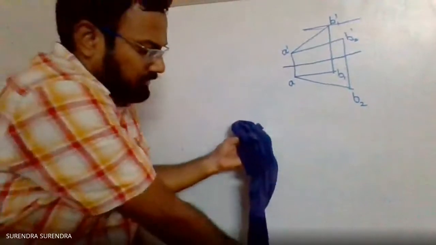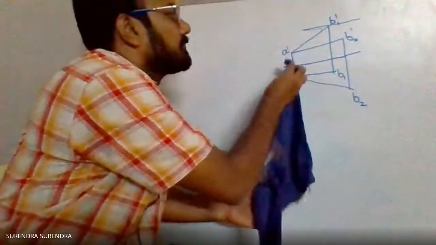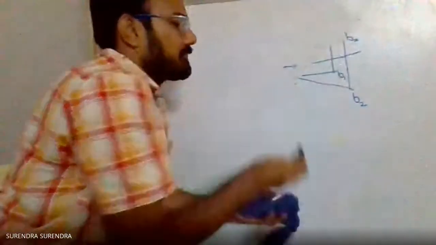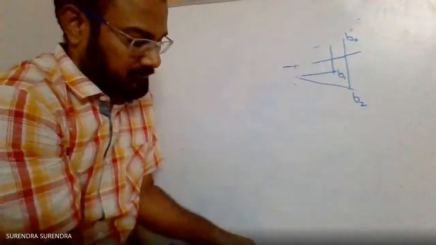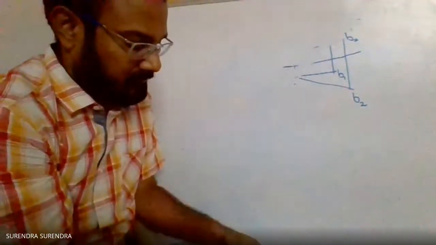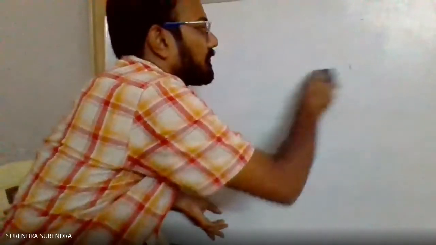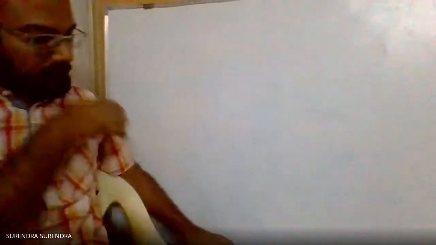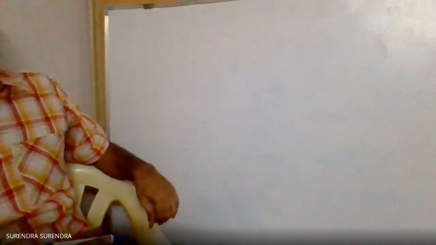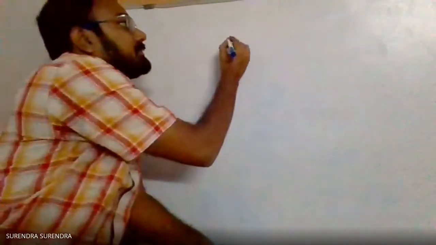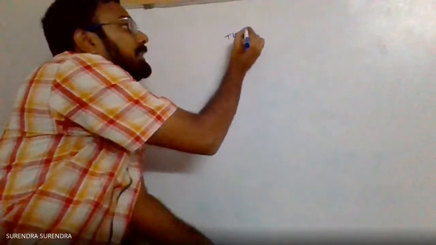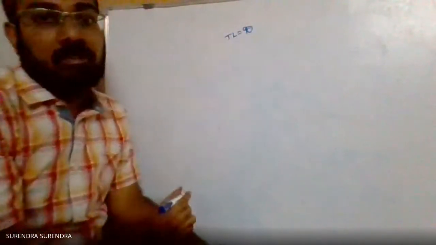Actually, no need of configuration for this problem. So the given data is line AB 90 mm long, means true length of the line 90 mm